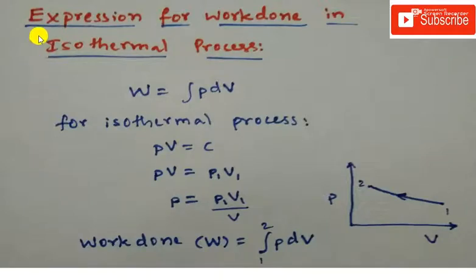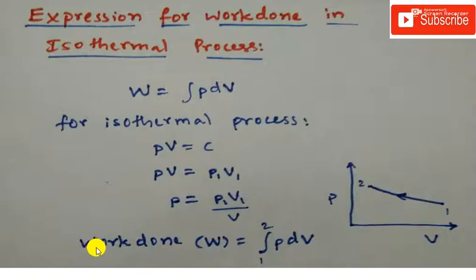Now we are going to see the derivation of the expression for the work done in an isothermal process. So we know in general the work done formula for any thermodynamic process: W is equal to the integration of P dV. And we know for an isothermal process PV is equal to a constant, and that can be written as PV is equal to P1 V1, and this P can be written as P1 V1 by V by sending V this side,